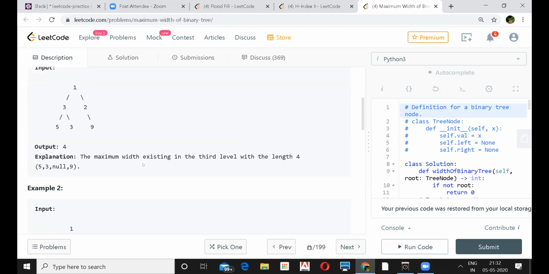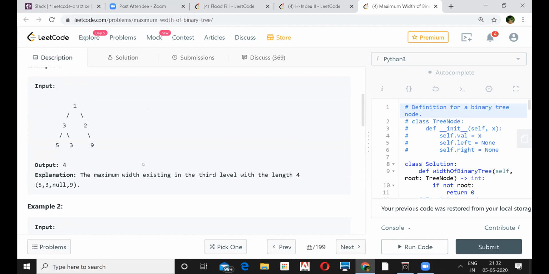I think they do the breadth first search and just keep count each level, right? Your level order, right? So how will you calculate how many nodes are there in each level? Treat it like a queue.